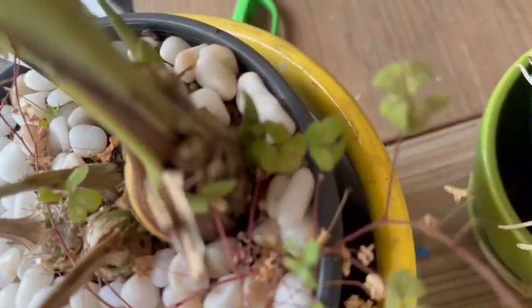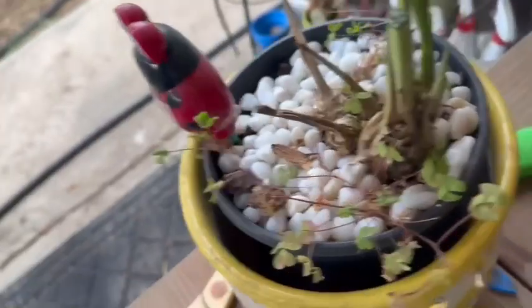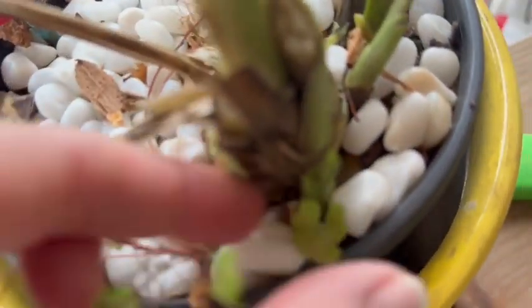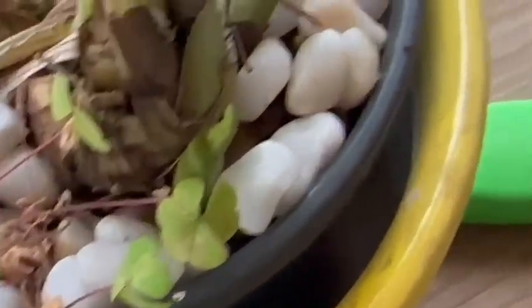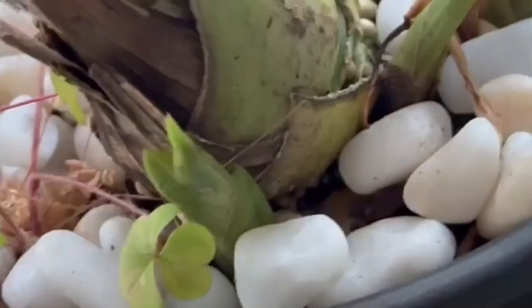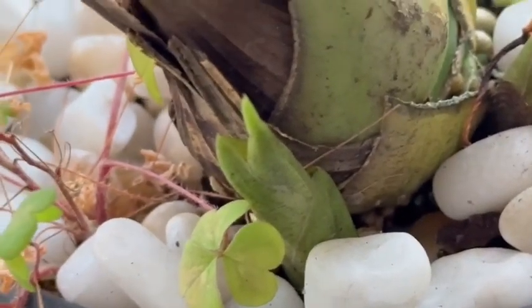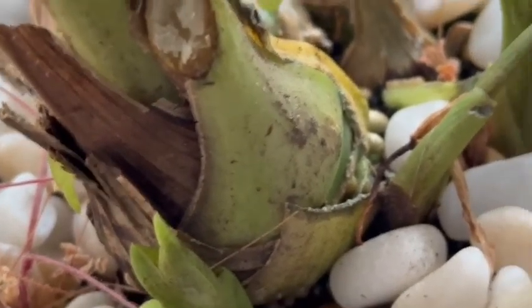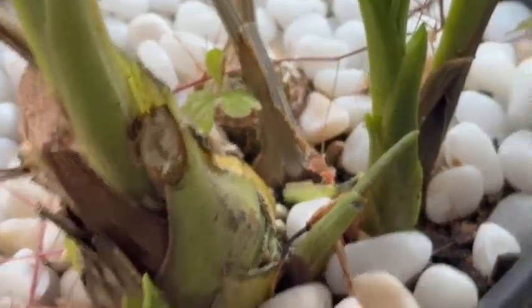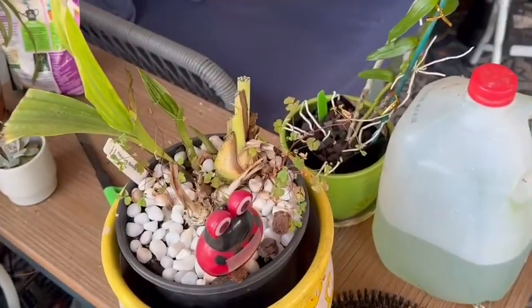There's a previous growth from a while back as well on this side that has never done anything. Let's see if I can get this to focus. So I wonder if me doing this, I might end up with 3 new growths starting up for this season. We'll see what happens. So I want to keep track of my Phaius as it develops this year, and I'll post videos